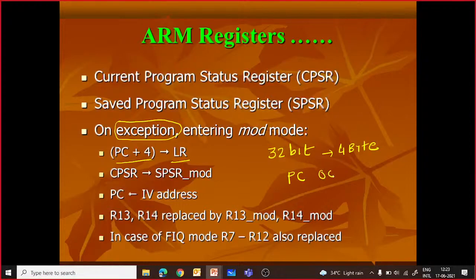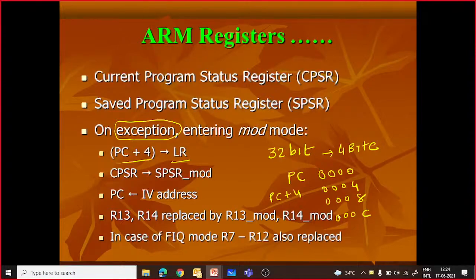Let's say PC is initially at 0000. After execution of one instruction, it will be at PC plus 4, at 0004, right? Then for the next instruction it will be 0008, then 000C.